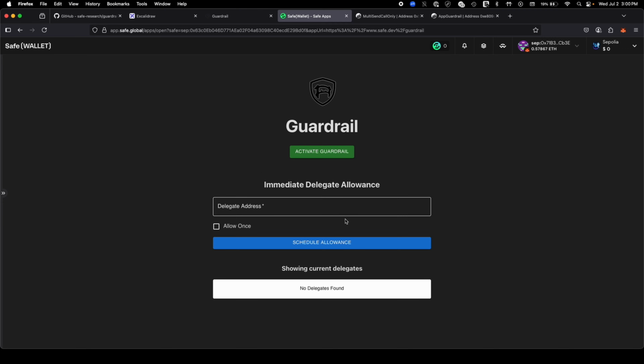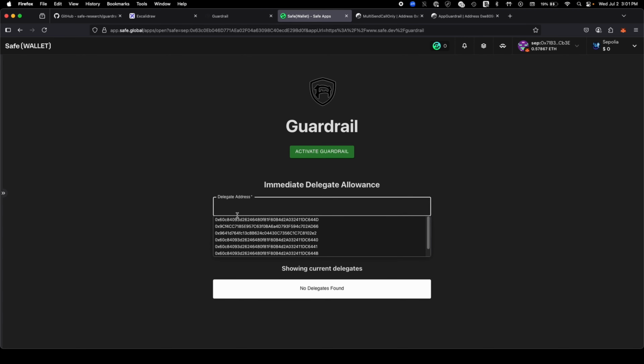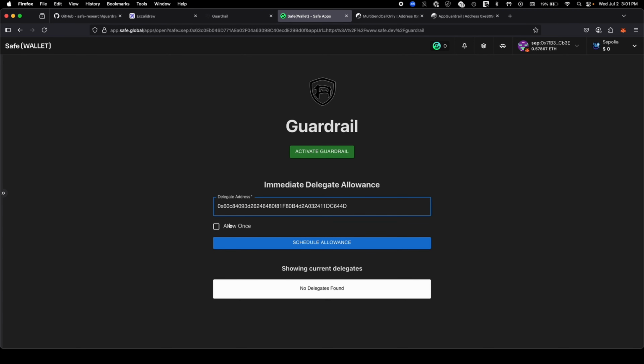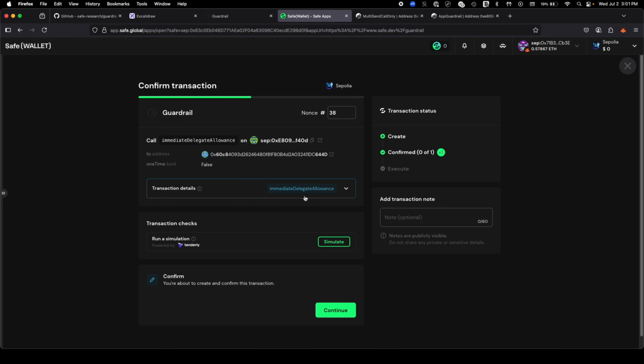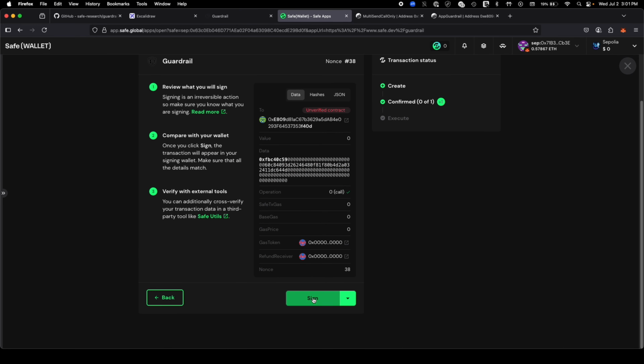We can add some delegates before activating it, because if you don't, you have to wait for a delay to pass if you want to add a delegate after the guardrail is activated. Right now there are no delegates. Let's go ahead and add a delegate. Let's use this address and schedule the allowance. You can continue, sign it,